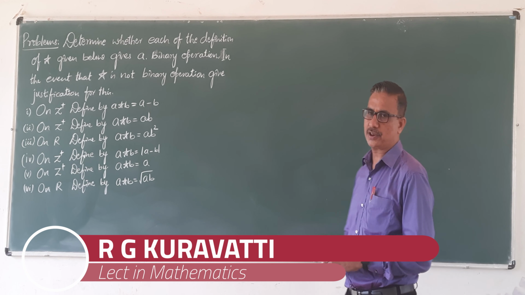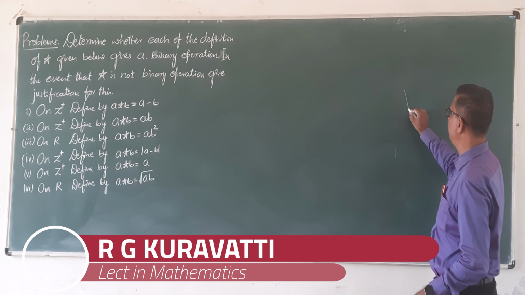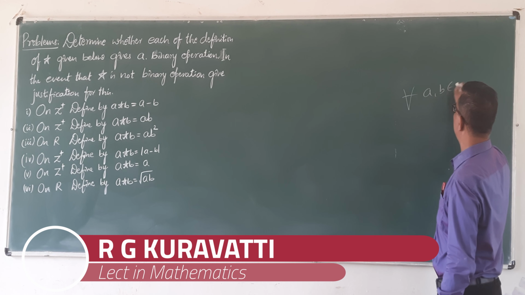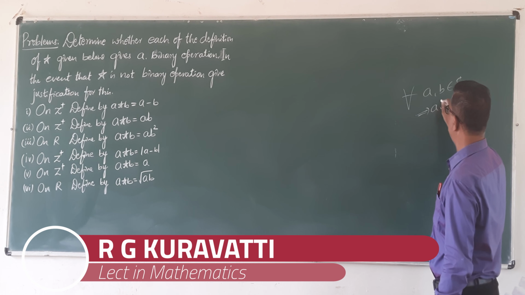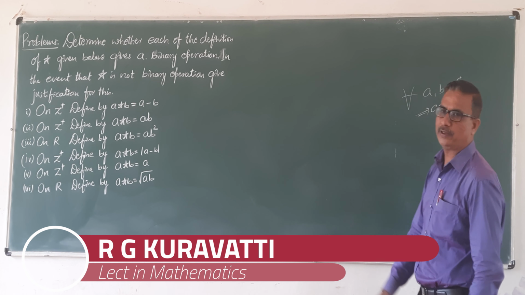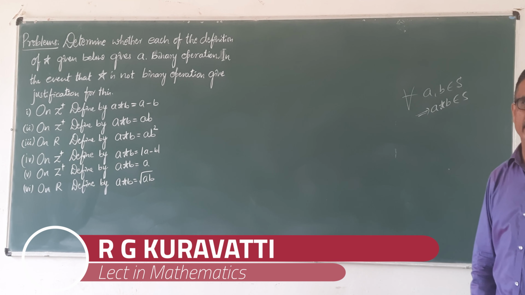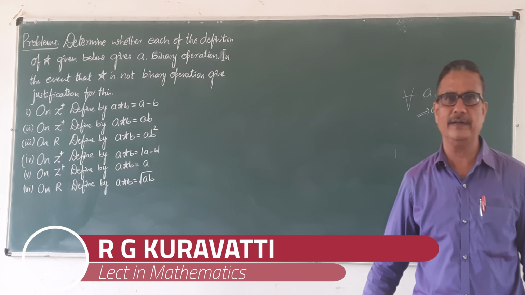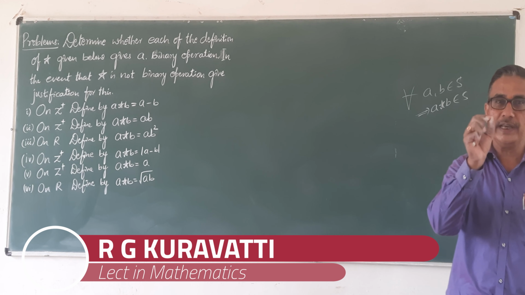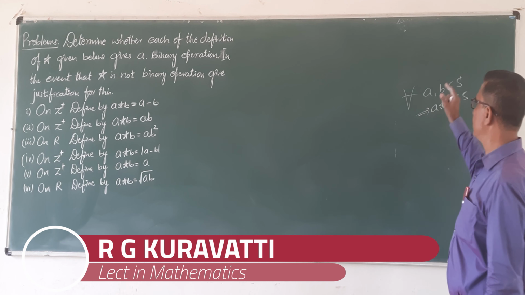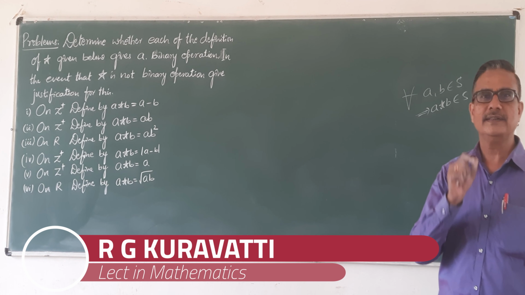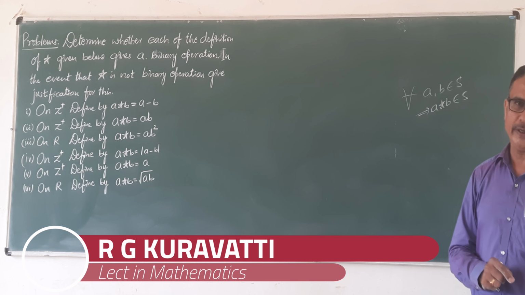Let S be a non-empty set. An operation denoted by the notation star is said to be a binary operation on the set S if for all elements in general a and b belonging to S, combining those two, a star b also belongs to S. It means star is a rule in which every pair of elements can be combined to get a unique solution, and that solution belongs to the same set. Yes, that is known as binary operation.